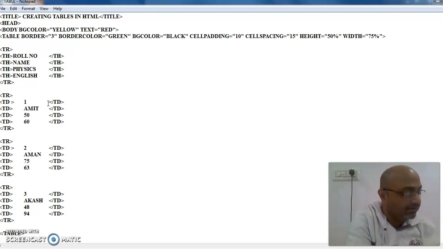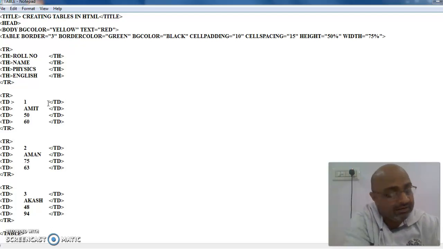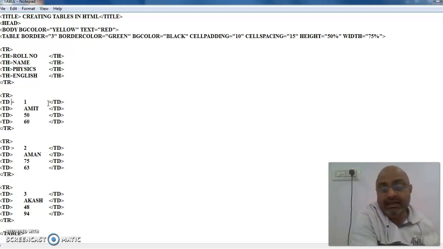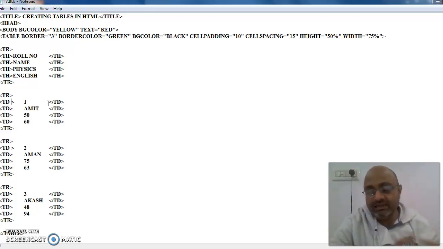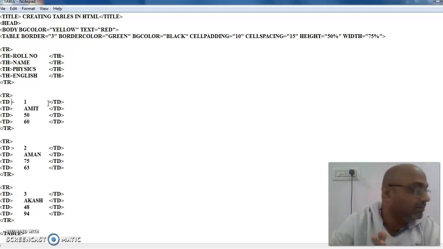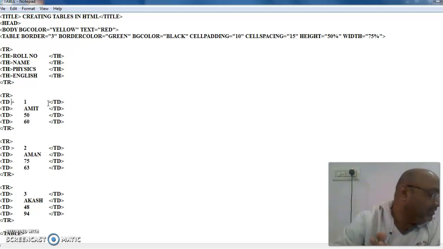Now what we can do is, children, now we are going to understand how to link or attach one page to another. So whenever you want to attach one page to another, children, remember anchor tag has to be used. Anchor means, children, to join one page to another. Okay. So how am I going to do it, children? So have a look here.